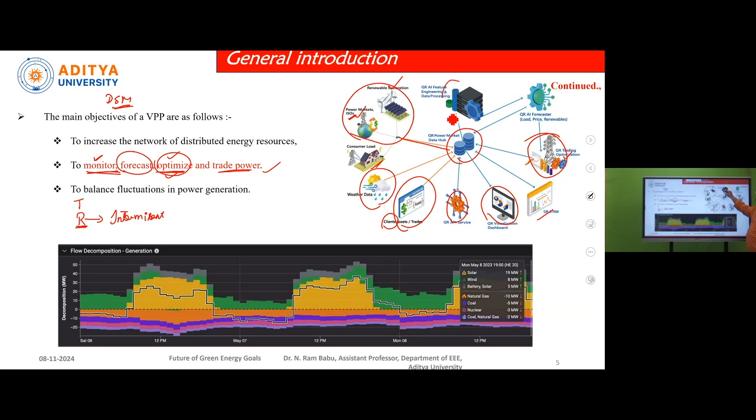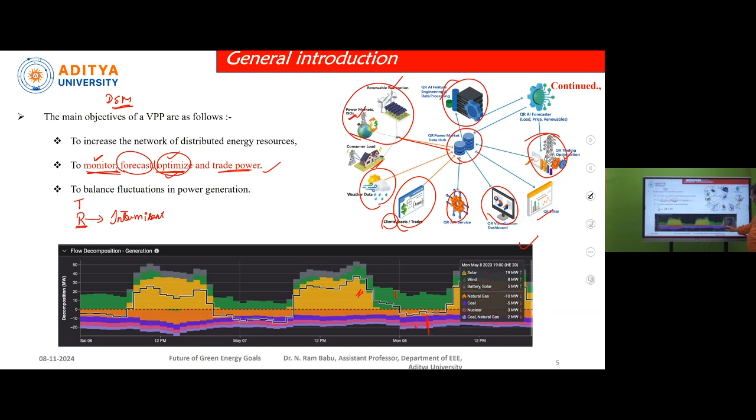Okay. Next one is AI featuring data processing devices. So if you observe this one here, I have given an example of the amount of wind, the yellow color part is of solar, the green color part is of wind, and the black color part is of battery storage. So here we can observe that during a period of a day, that means a total of 24 hours, the amount of power being generated by solar, wind, battery, natural gas, coal, and nuclear power plants, we have forecasted it here. So these three are the base load power plants.